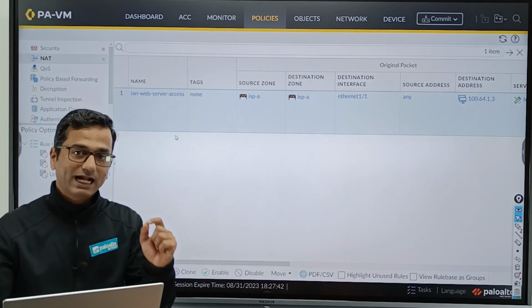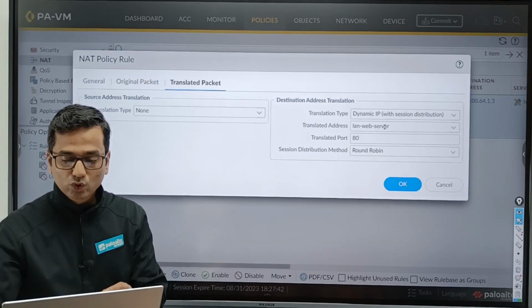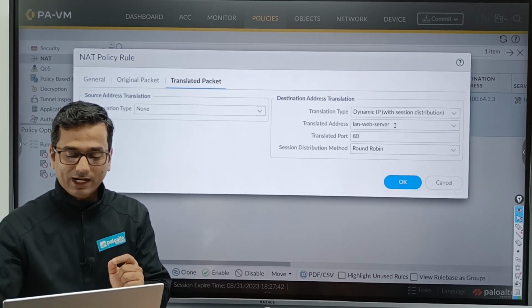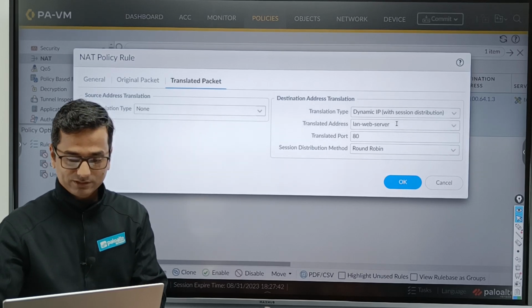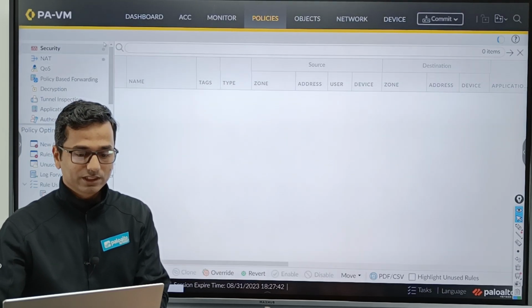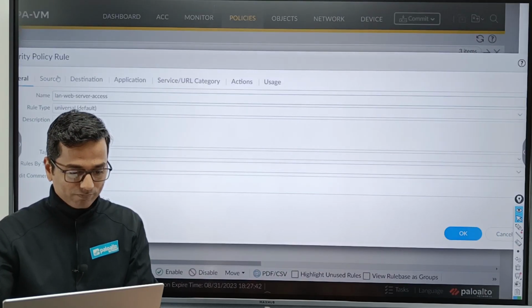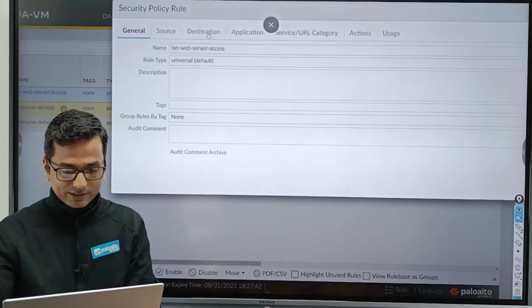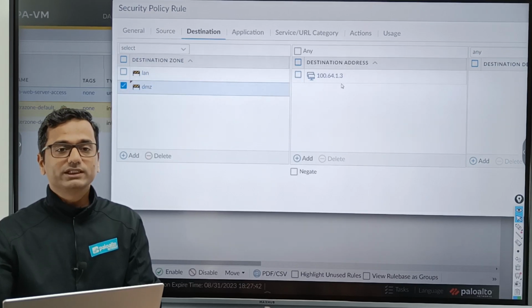Why? Because in the NAT policy we have called the address group LAN web server, and under LAN web server we have now added a DMZ IP address. Okay, cancel. Under Security, just modify your security policy, and here define the destination zone as the DMZ zone. No need to change the public IP address.